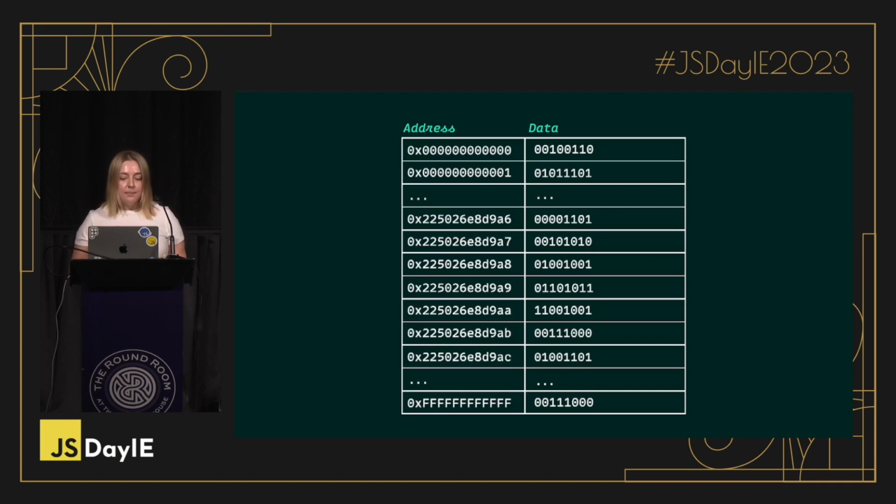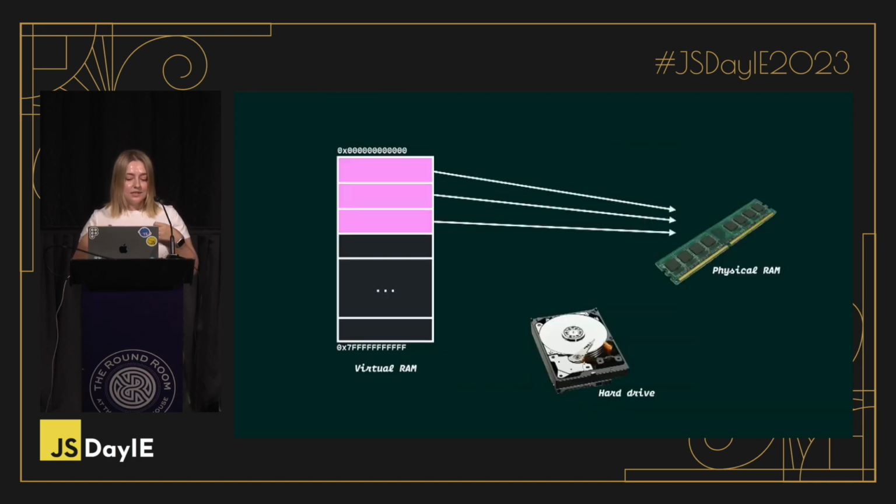But all the core principles that we just discussed still apply. Important thing to note here is that when applications run on the computer, they don't interface with the physical RAM directly. Instead, the operating system maintains this additional level of abstraction called virtual RAM that maps to the physical RAM